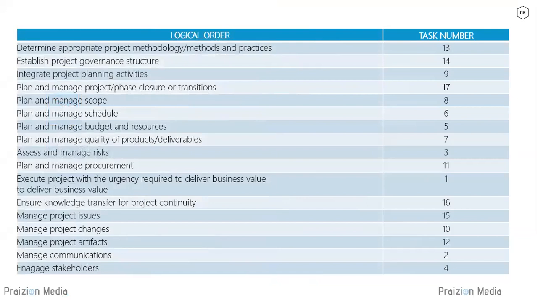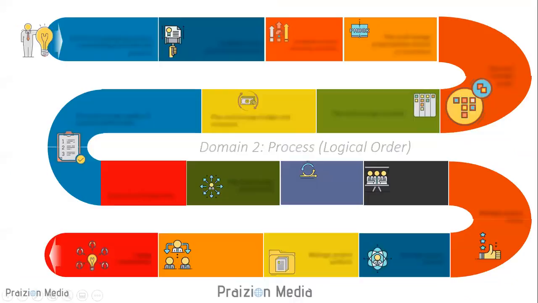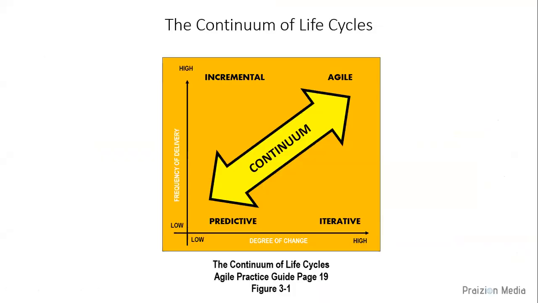And in this table, we have an arrangement of the tasks, again, in logical order. First thing you want to do is determine the appropriate project methodology, the methods, and the practices. This is contingent on what we call the continuum of life cycles. Based on the continuum of life cycles presented to you in the Agile Practice Guide, you can decide if your